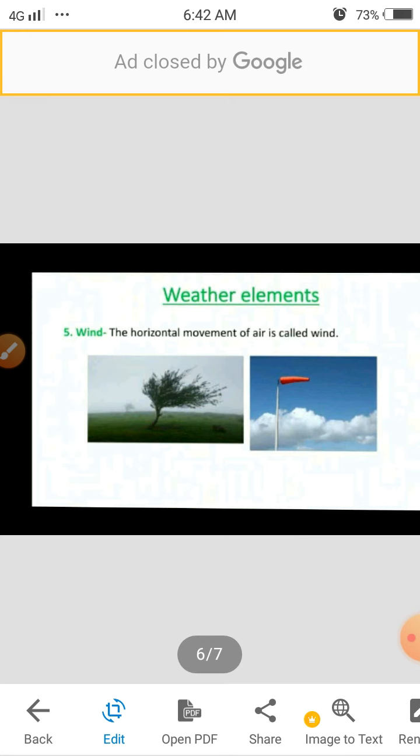नॉर्थ और ईस्ट टू वेस्ट या फिर वेस्ट टू ईस्ट, दिस इज कॉल्ड द हॉरिजॉन्टल मूवमेंट. सो द हॉरिजॉन्टल मूवमेंट ऑफ एयर, व्हेन जब एयर नॉर्थ से साउथ या साउथ से नॉर्थ की तरफ मूवमेंट करती है, दिस इज कॉल्ड द हॉरिजॉन्टल मूवमेंट ऑफ द विंड. इट इज नेम्ड आफ्टर द डायरेक्शन फ्रॉम विच इट कम्स, जहाँ से वो आती है उस डायरेक्शंस के अकॉर्डिंग इस विंड का नेम होता है. फॉर एग्जाम्पल, इफ ए विंड कमिंग फ्रॉम द नॉर्थ देन इट इज नोन एज द नॉर्थर्न